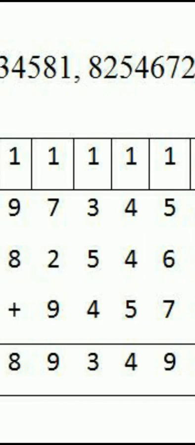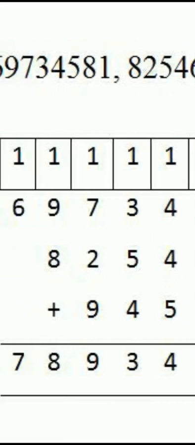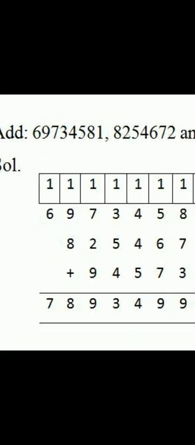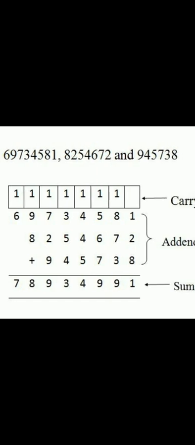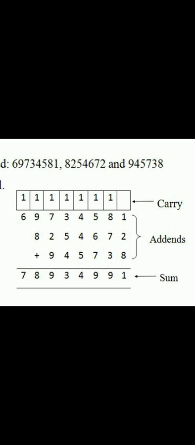Now when you add 9 plus 8, you will get 17, and 17 plus this carry 1, you will get 18, so write 8, carry over 1. When we add this number and this carry, we get 6 plus 1 is 7. So the result is 7 crore 89 lakh 34,991. In this, I would like to tell you that the numbers which we add are called addends, and